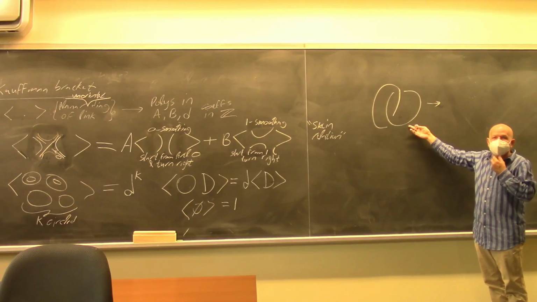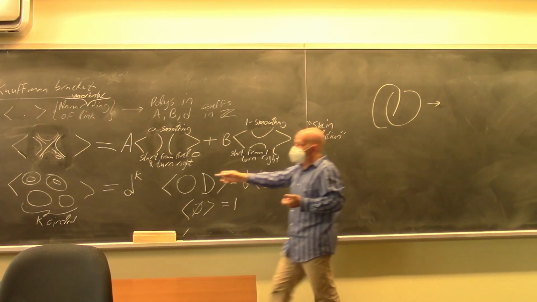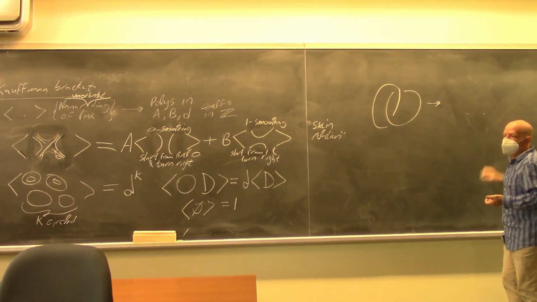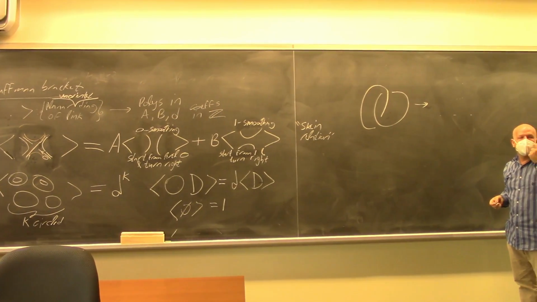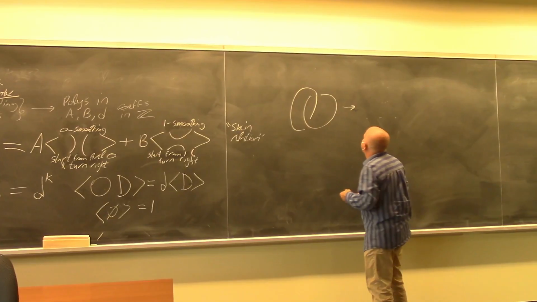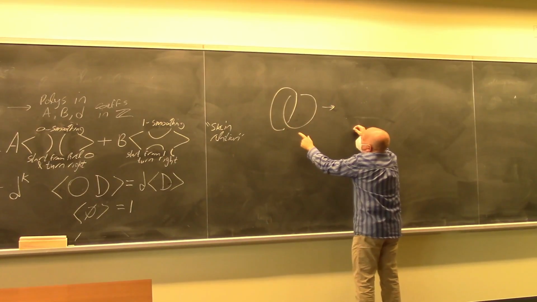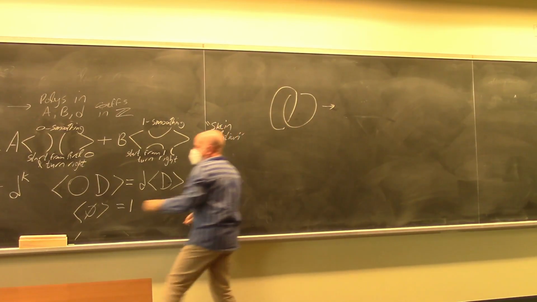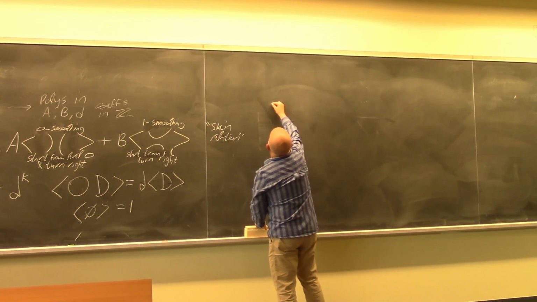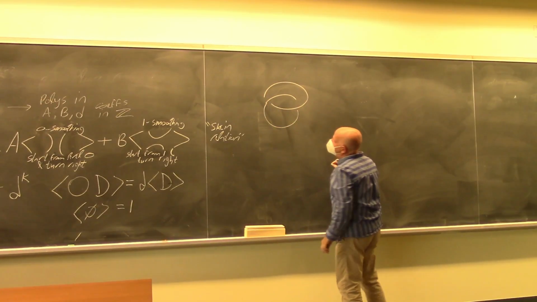So this becomes a certain sum of 4 smoothings, each of which is just a union of circles, so each of which is a power of d. So I could actually compute what this comes out to be. Maybe I shouldn't, or should I? Yes? Okay, so let's do it, fine. So, let's see. I think I want to rotate it by 90 degrees for a reason which will be clear in a moment. So let's do this. And now this has